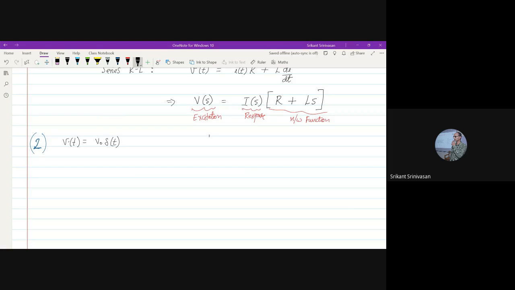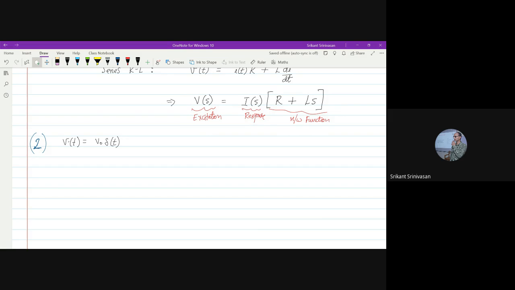And what is delta? It's an impulse function. Have you studied all this in your signals and systems? No, sir, not yet. This is the basic signal. In signals and systems, the network function is the system, the excitation is your signal, and your response is a signal. So I'm applying a signal to the system and I'm getting a response.